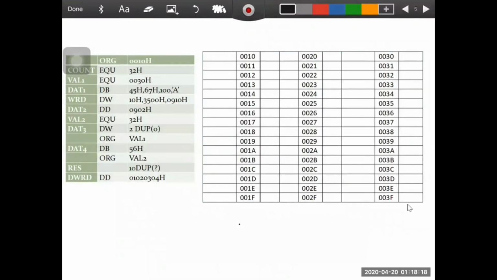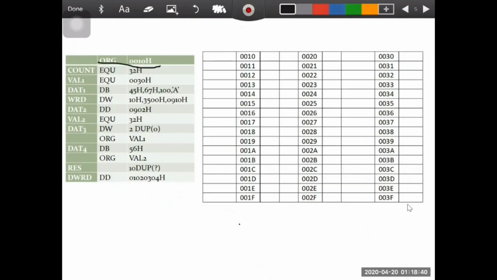So first of all, what the first instruction says, that is ORG 0010H. So we have to start our execution from 0010H.